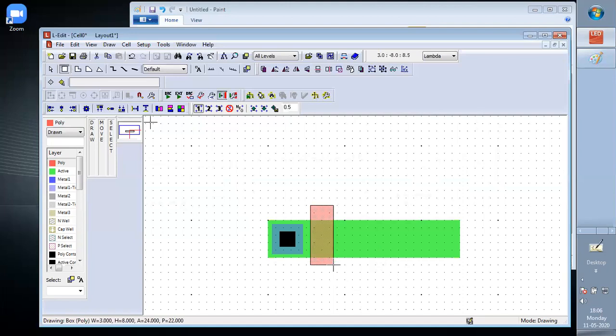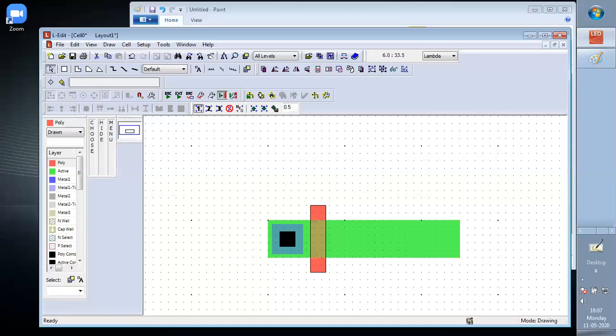It is 2 lambda length, 2 lambda width, and overlap of active with this poly will be 2 lambda. So it will be 5 here active and 2 here outside, 2 here outside. So 9 lambda.